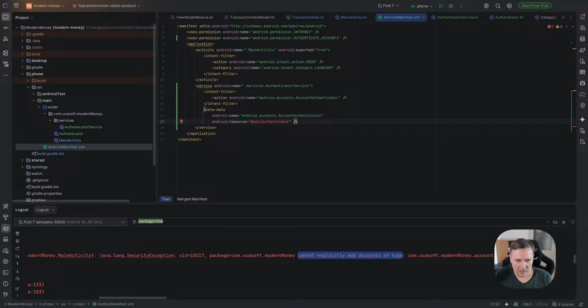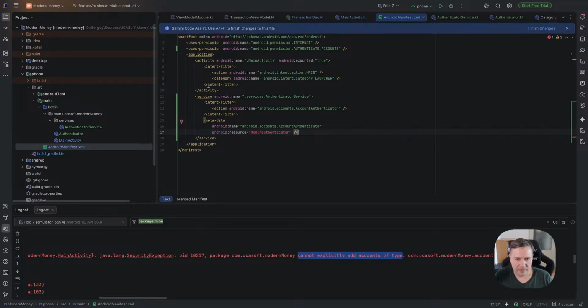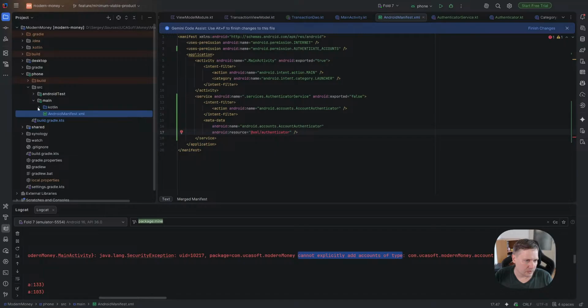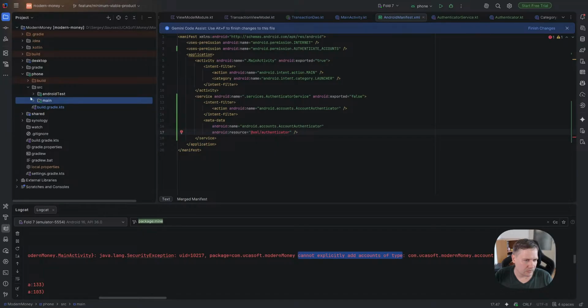And it's good to get an additional hint from the LLM, yeah. So like we have service, yes, we need to export it true, but we don't need it, yeah, it can be exported false. Okay, so we also need to add a specific value, yeah, it should be this authenticator. So let's go to,